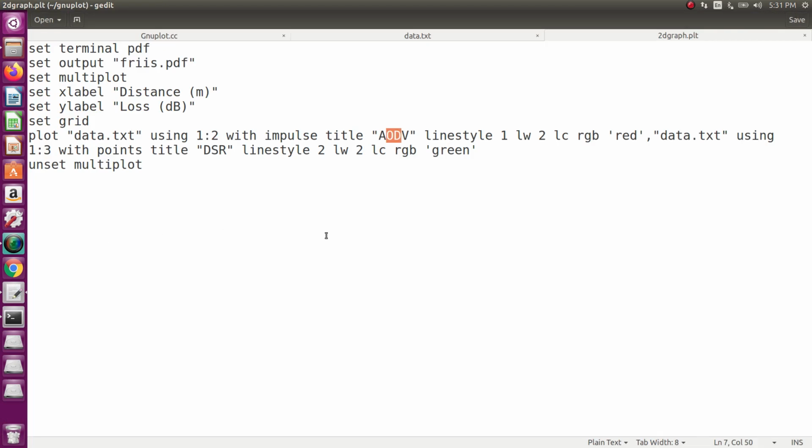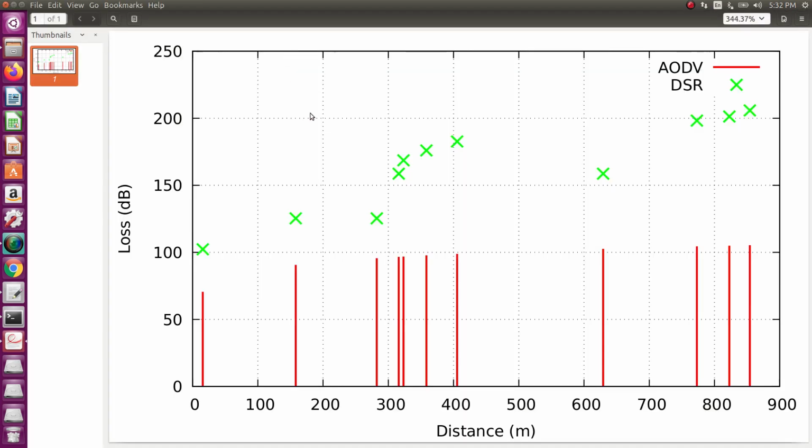I think you are getting some knowledge about gnuplot and 2D graphs. I want to explain another one. If I am using grid, then in between we have some dotted lines. If I need those dotted lines, I use the set grid option.